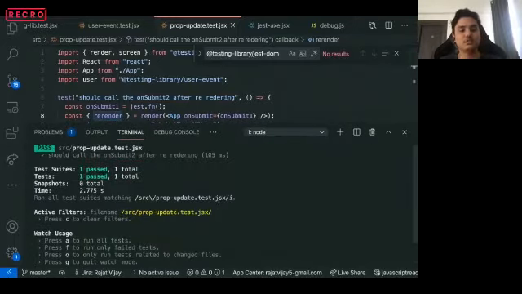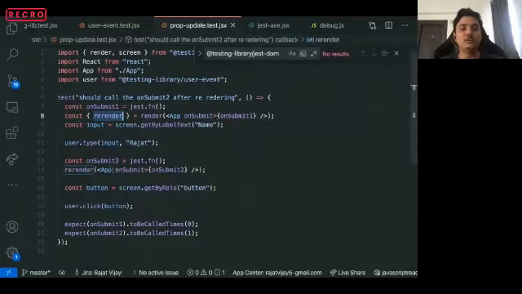Yep, and the test case passes. So when we updated a prop using the re-render function provided by React testing library, it did not call the older prop, it actually called the newer prop when the submit button was clicked. So that's how you test a component for updated props.